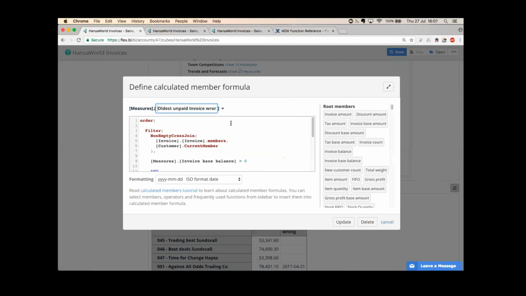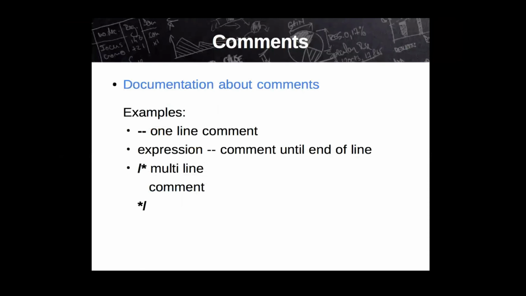Another way to use this is to write comments on what you wanted to return there or why you changed something. So comments are useful in these ways, and maybe you have some custom way you want to use comments. If you write anything between those symbols, flex.bi will think it's a comment, it's not for calculating,